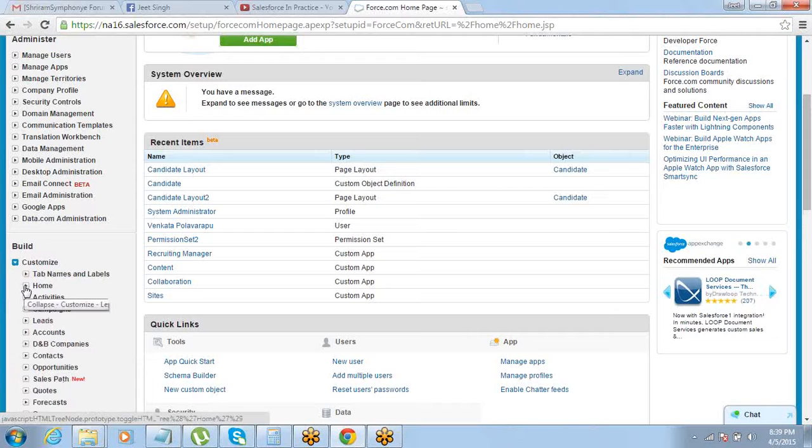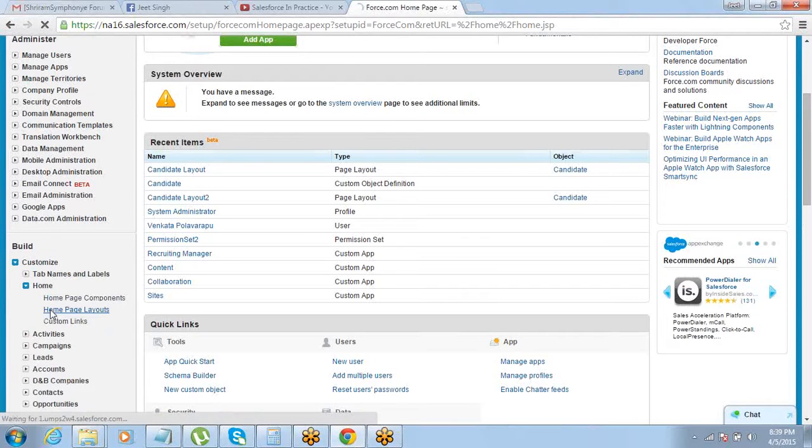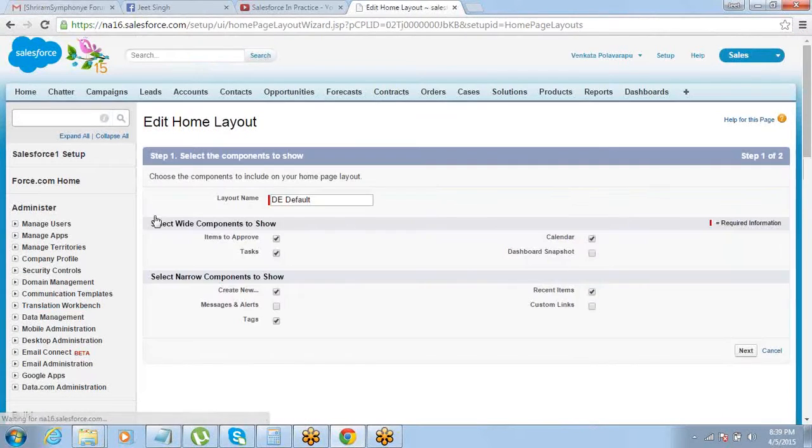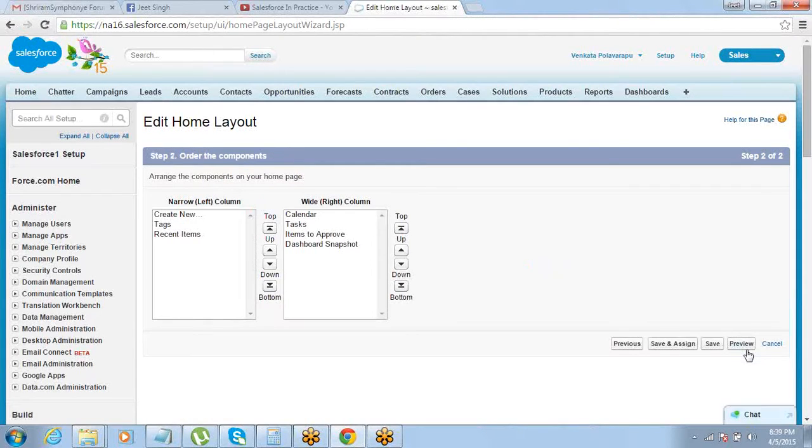There's an option called home, and you can choose home page layouts. Edit the layout. There's a component on the home page called dashboard snapshot, which is off now. Click this one, click on next. Dashboard snapshot is there, click on save.